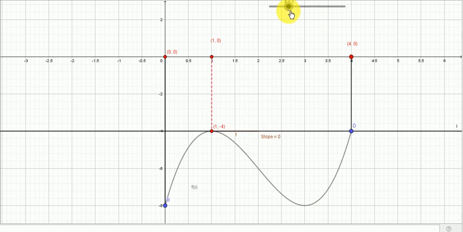Now next, from the graph you can make out that this point 1 is the point of maxima, but when you are solving the problem you don't have the graph with you, so you can't make out whether x equal to 1 is a point of maxima or minima. So what you have to do is check the value of the derivative for x a little less than 1, and then check the value of the derivative for x a little more than 1.